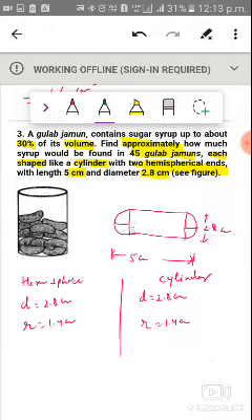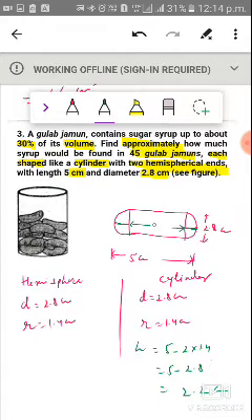So the height or length of this cylindrical portion will be what? The height or length of this cylinder will be the total 5 centimeter minus 2 multiplied by 1.4. 1.4 is subtracted from this side, and 1.4 is subtracted from this side. So that is 5 minus 2.8, and 5 minus 2.8 is how much? 10 minus 8 is 2, and 4 minus 4 is... 2.2 centimeter. So this is 2.2 centimeter.